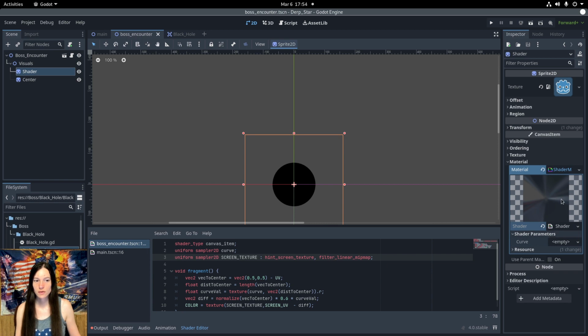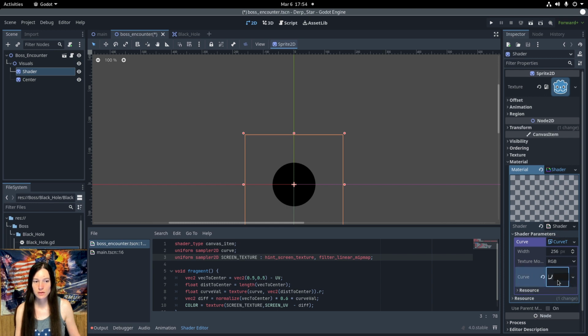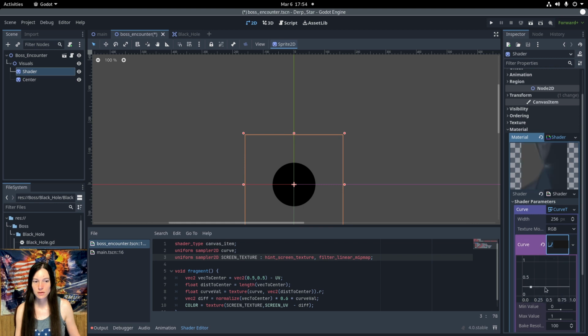So now you can see it's warping the background. I'll give it a new curve texture and add a couple points. So this affects the center start, and this cuts off the circle at the radius at around 0.5. It meets the edges, so I'll leave the endpoint there,